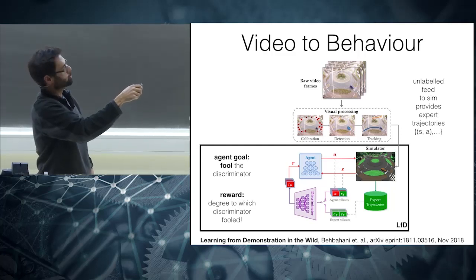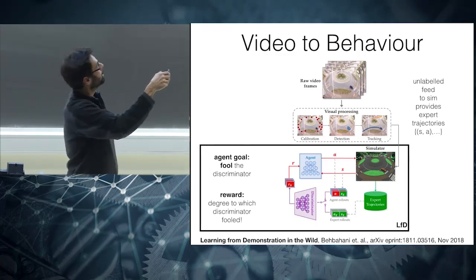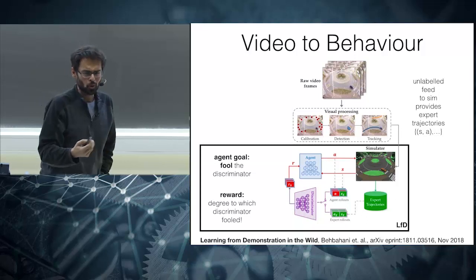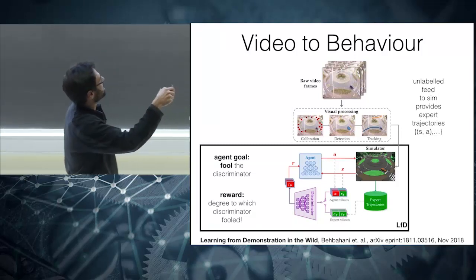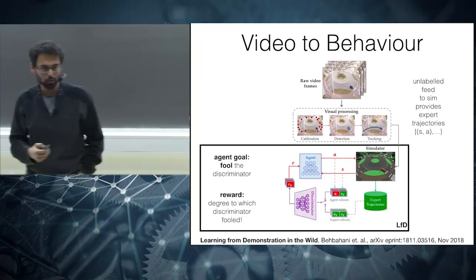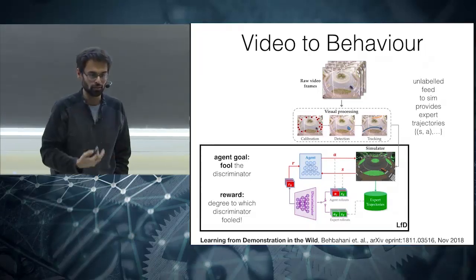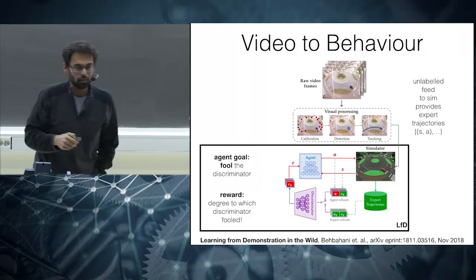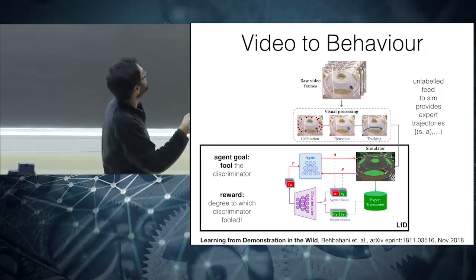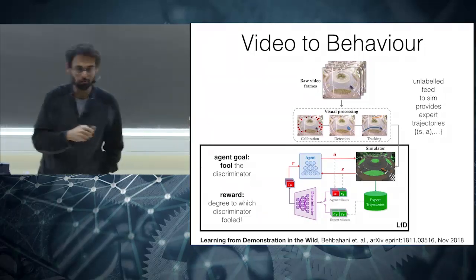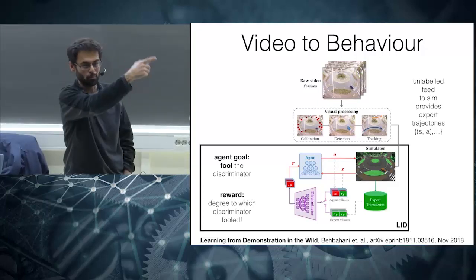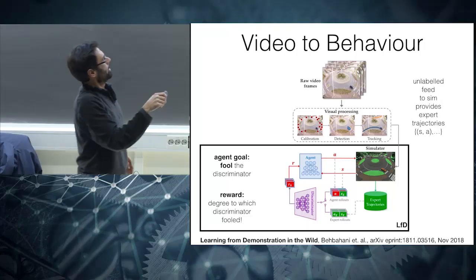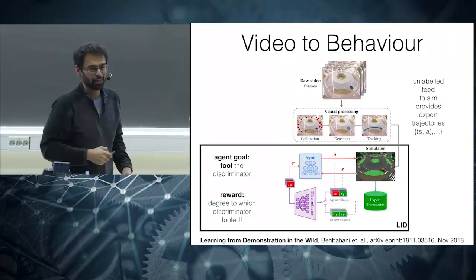And now we have expert trajectories in Unity, and Unity also gives some pseudo-LiDAR kind of sensing data. So now you can use that data as observations or state and use the trajectories extracted from just video to construct a reward signal for an agent to actually behave like the demonstrated behavior. So here it's kind of like an adversarial setup for generating rewards in this case.